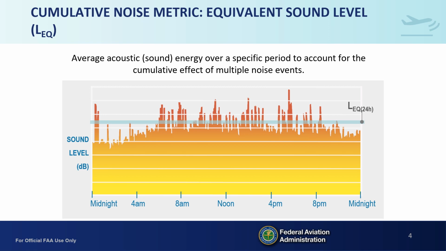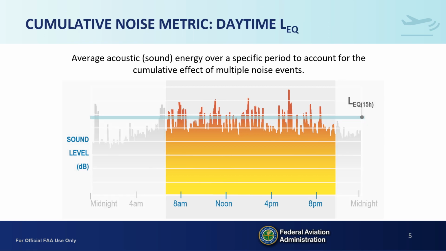The graph shown here displays recorded noise events over a 24-hour period. Time, starting at midnight or 0, is on the bottom axis, and noise level, in decibels, is on the left. You can see the noise level rise throughout the day. The individual spikes are from noise events, such as aircraft flyovers. The LEQ for the entire 24-hour period is the light blue line on the graph. The 24-hour LEQ is equal to the sum of the maxima, but some of the maxima are greater than or less than the LEQ. Now let's break this down into different time frames.